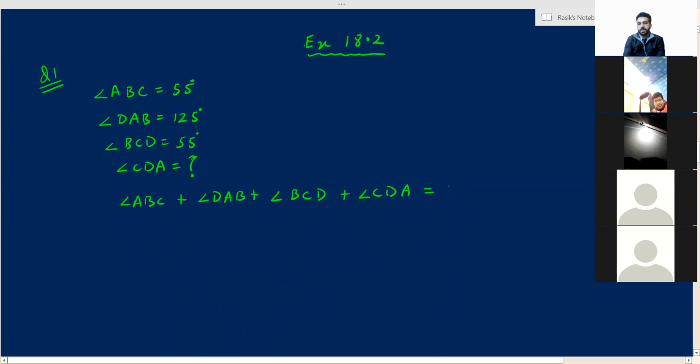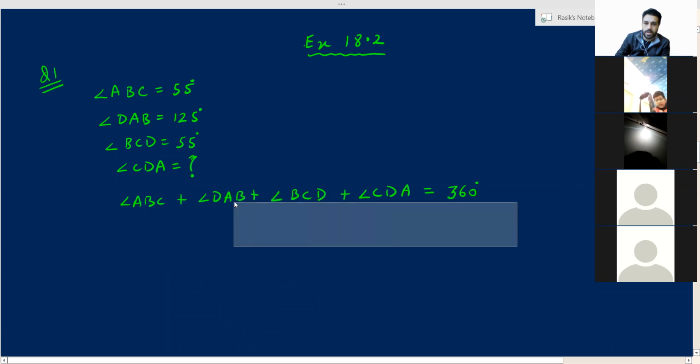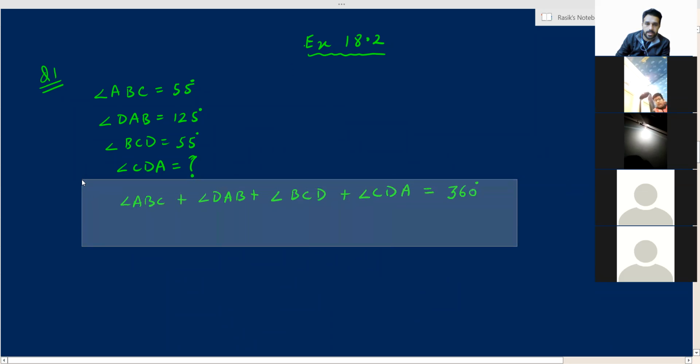अभी तो पढ़ा था. Angle sum property पढ़ी थी? Sum. 360 degrees. Absolutely right. We will get 360 degrees because the sum of all the four angles of a quadrilateral is equal to 360 degrees. This is angle sum property of quadrilaterals. We will write the reason in the bracket.